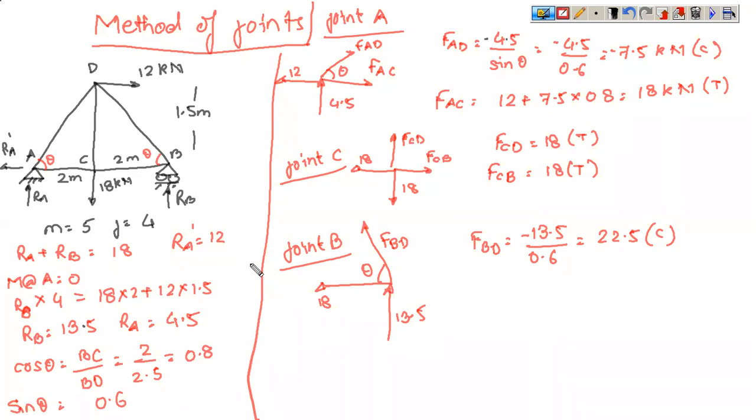Now the first basic step is to search for a joint which has not more than two unknowns. So if you look at joint A and B, these are the two possible joints from where we can start the problem, because they have either one or two unknowns and one or two knowns, and to a maximum of two unknowns. Why are we concentrating on two unknowns? Because it is a problem of coplanar concurrent force system. Once you have isolated the joint, it becomes a coplanar concurrent force system. So you have two equations of static equilibrium available. So if you have two equations, at the maximum you can find out any two unknowns only.